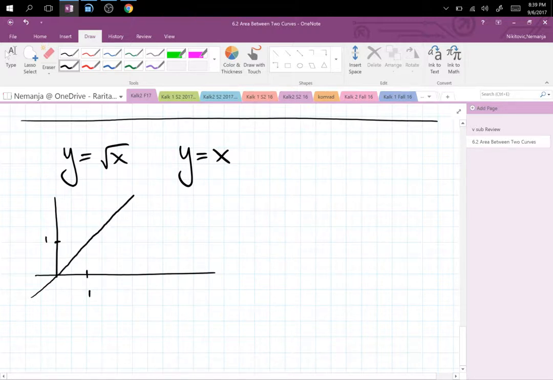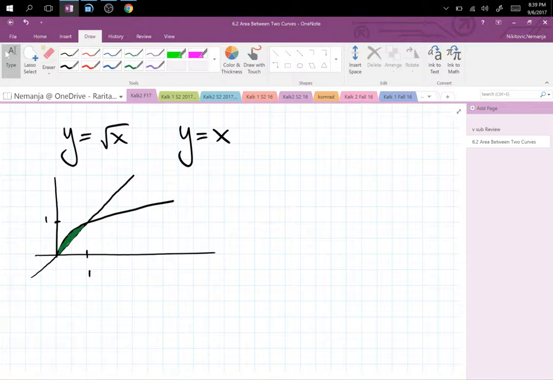y equals x is a 45-degree line. Square root of x is a curve. We are looking at this very small area over here. So what are the limits of integration? Great. Which one is on top? Good. So square root of x minus x